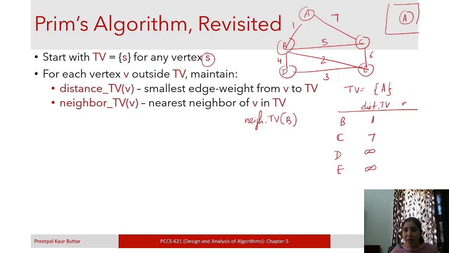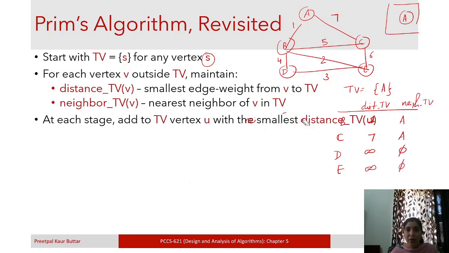It means it is A itself. Okay, so it means B is connected to A through the edge AB and the distance is 1. Similarly for C also it is A, and here we do not have.